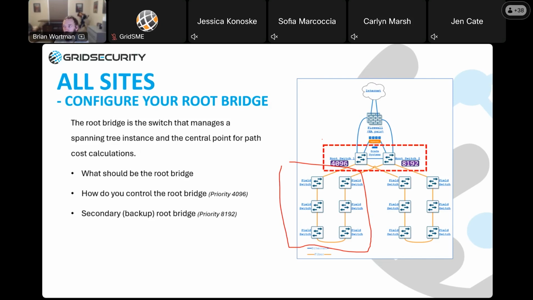The lowest priority wins. And if you have not set a priority, the default I think is 32,768, the root bridge is going to end up being auto-calculated by the MAC address. That means the device with the lowest MAC address is going to win the root bridge if you have not modified your root bridge priorities.